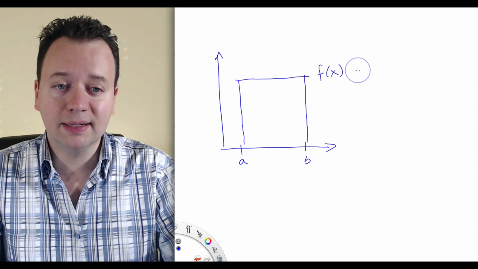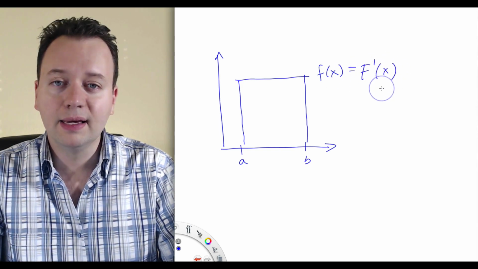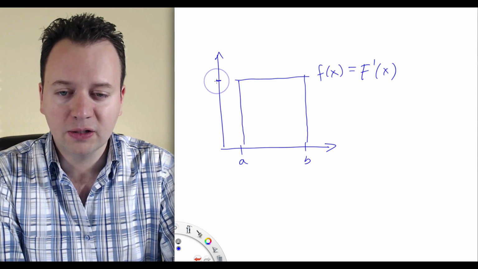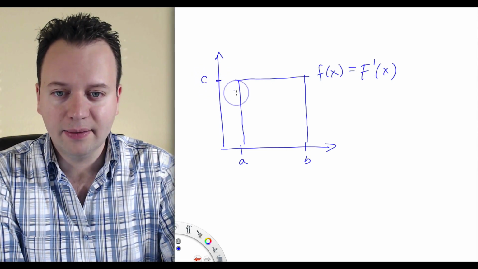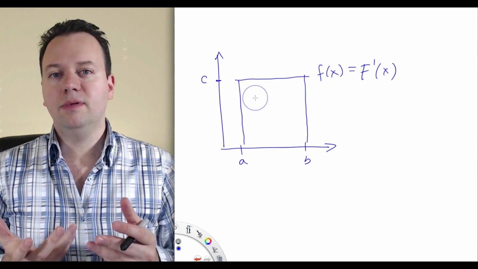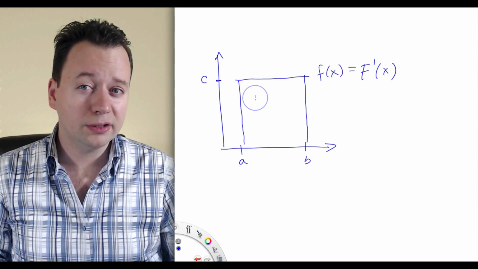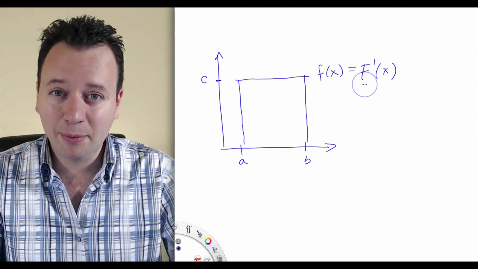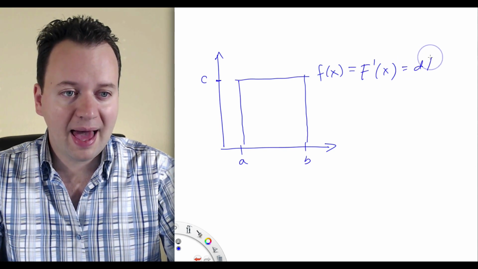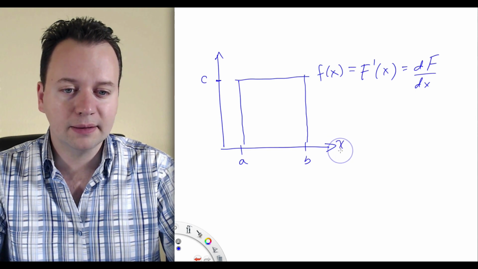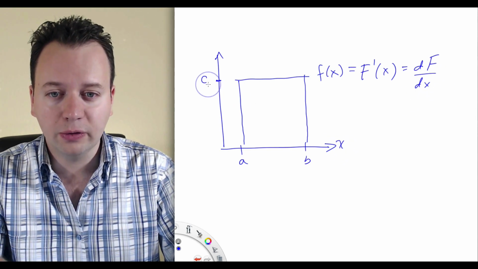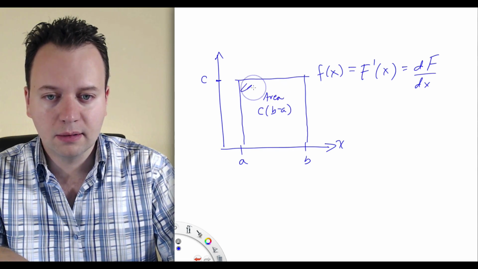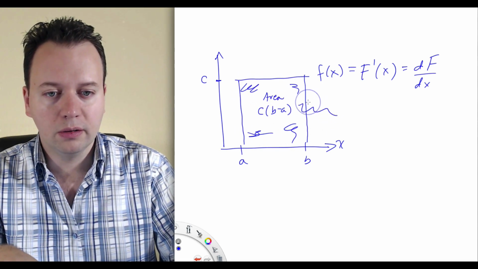well, if f of x is constant and f of x is equal to the derivative, capital F prime of x, that means that for every change in 1 unit of x, capital F is incremented by this constant. Let's say this height is, let's call it c. It's the same deal as if you're driving at 70 miles per hour for 3 hours. 70 miles per hour means that every hour your position is incremented by 70 miles. So since this is capital F prime, which is dF/dx, for every change in x you get a change in capital F equal to c. So the area under here, which is c times b minus a, is going to equal the total change